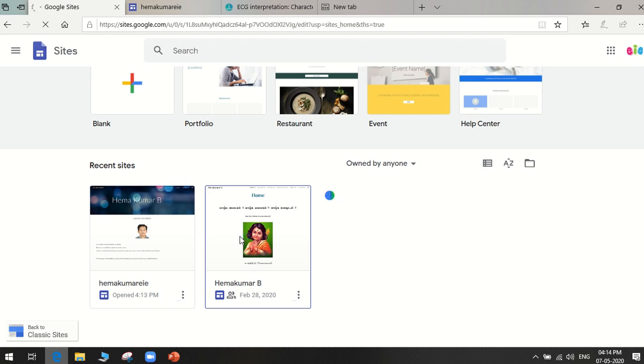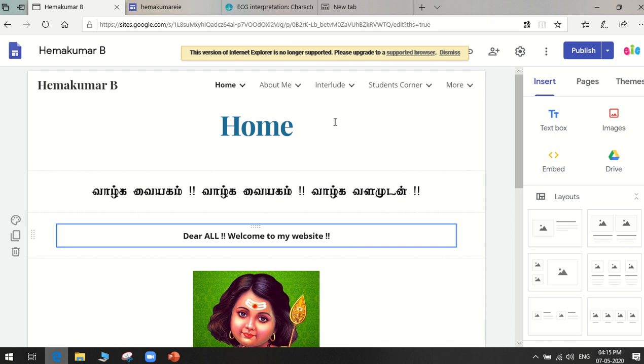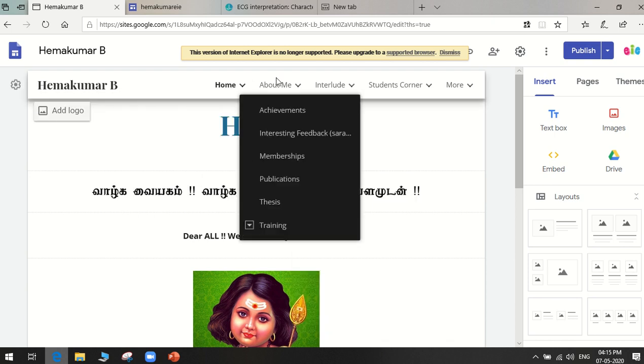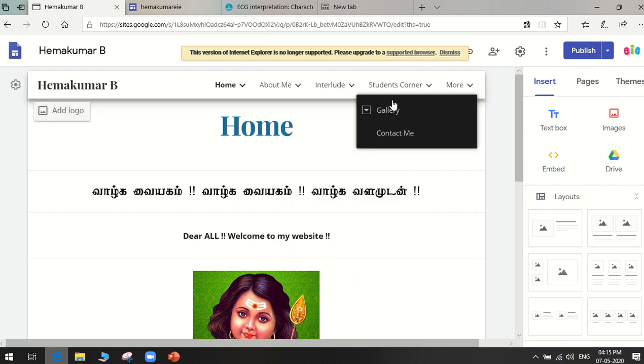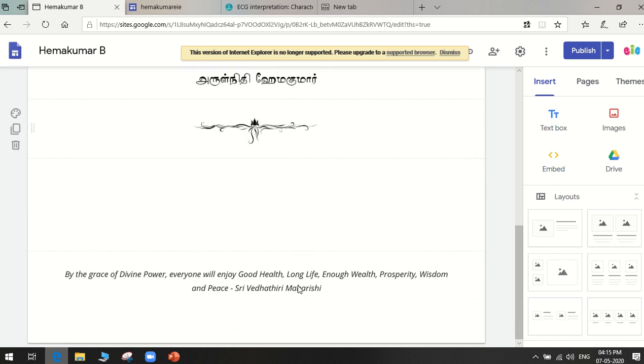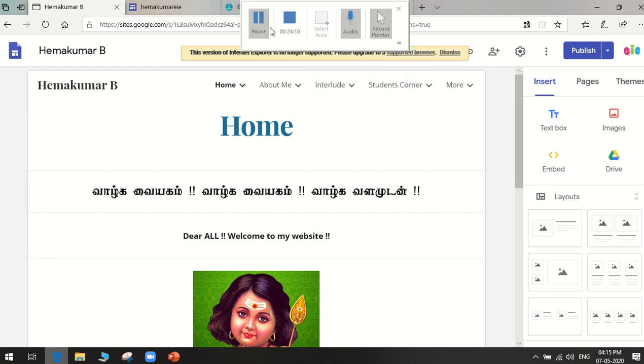You can see this is the site. I have sub pages inside each. This is a gallery, and a lot of other things are there. This is a website. So this is how you create a simple website and store it. Thank you.